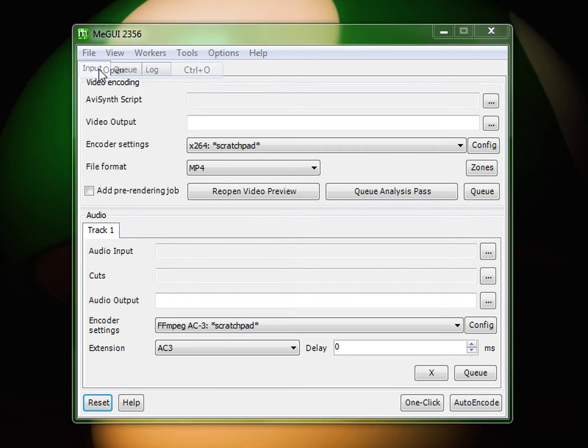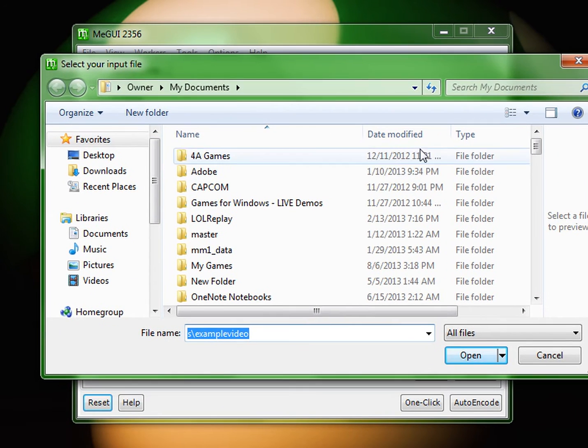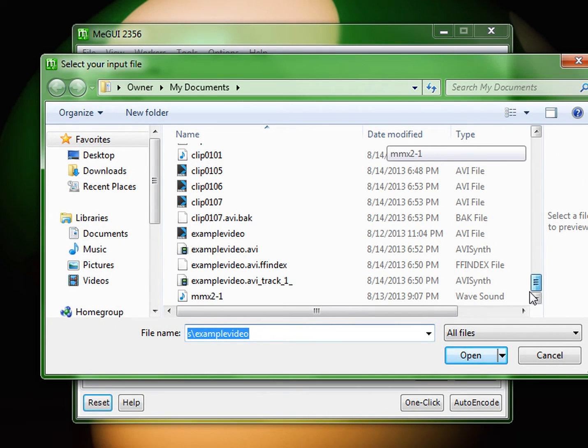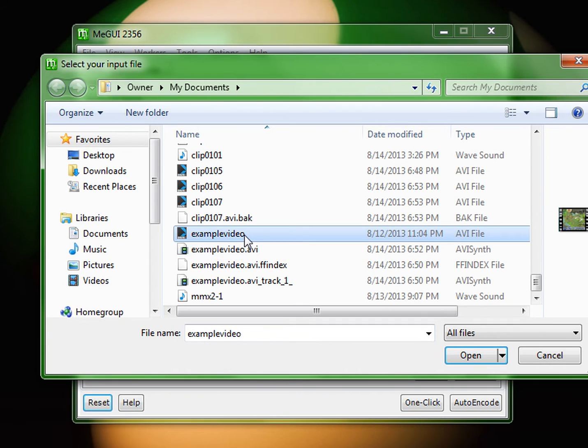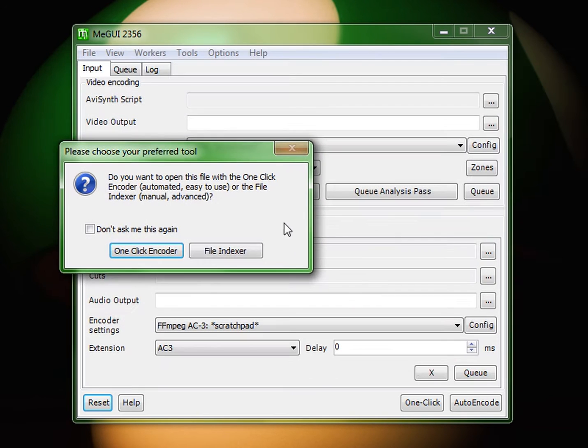So once you have this program installed and opened, the first thing you do is go to File, Open, and you scroll down and pick whatever video you want. I'm going to use this thing called example video. Ignore the rest of these things right here. Alright. And I'll just hit File Indexer,